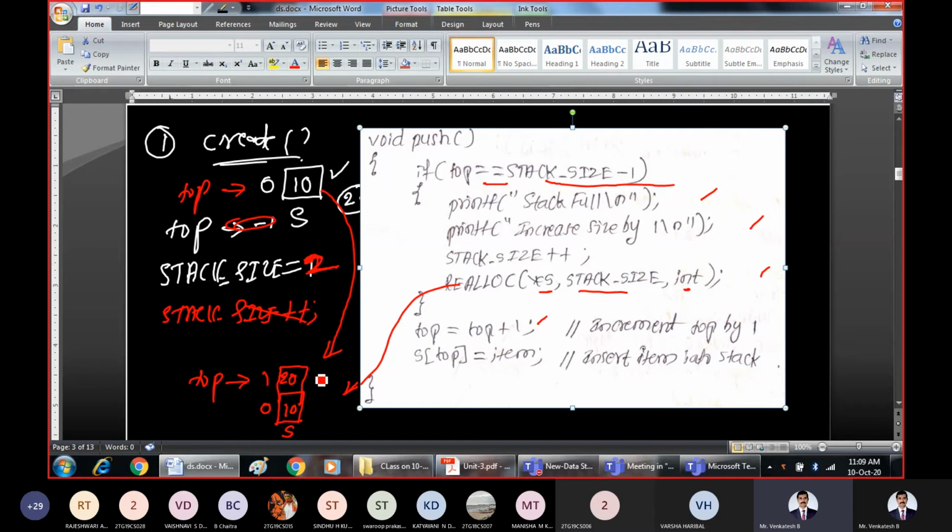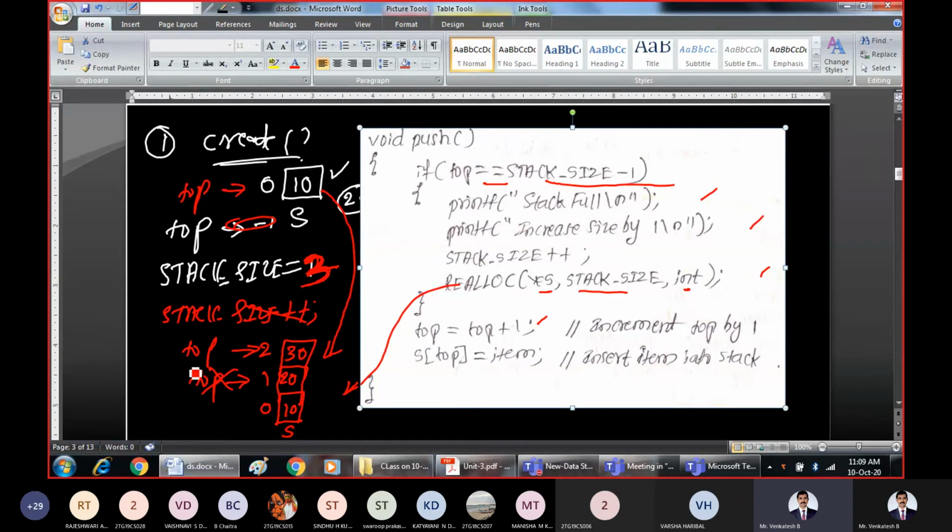So with this, if you have one more element to be stored, again we say that stack is full. But what we do here is we can increase the size by 1. Perform stack size plus plus. What is the present stack size? It is 2. So when you perform 2 plus plus, new stack size will become 3. That means stack size will be increased dynamically. Then as usual, increment the top by 1. Make top to point to next location and S of top equal to next item 30. So that is what is dynamic stack.